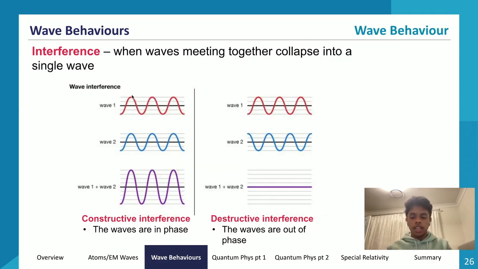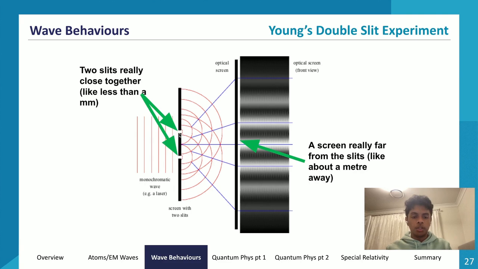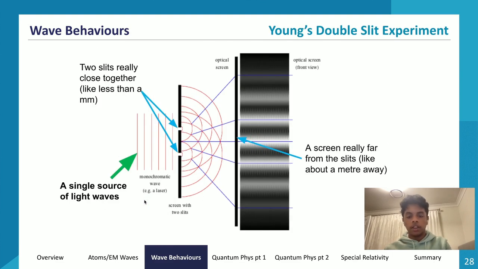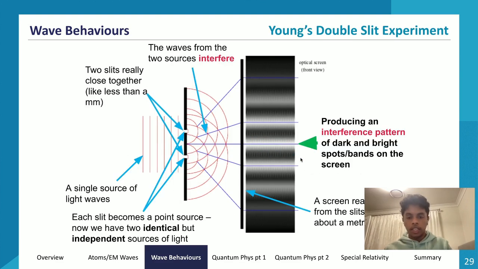And so the waves of these two point sources will be perfectly aligned. The crests and the troughs of both point sources will perfectly align to form a bigger wave, so it'll undergo constructive interference at this midpoint. Same thing over here and over here, and all these light bands will be constructive interference. Similarly, all these dark bands will be destructive interference, where the waves are canceling each other out to different extents to form dark bands. So that's what it looks like.